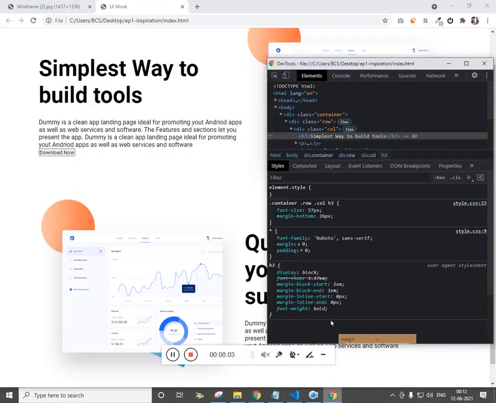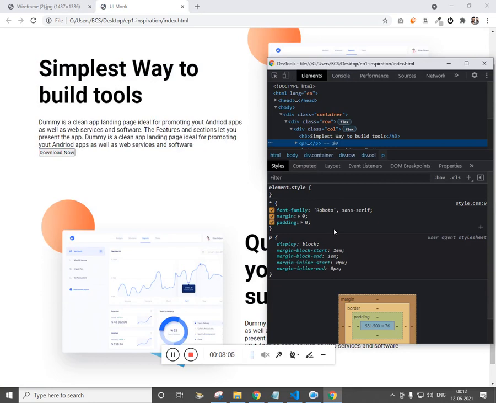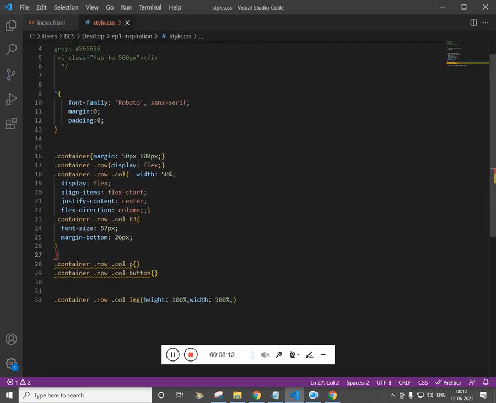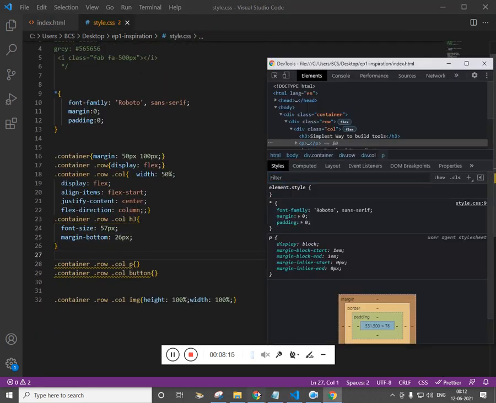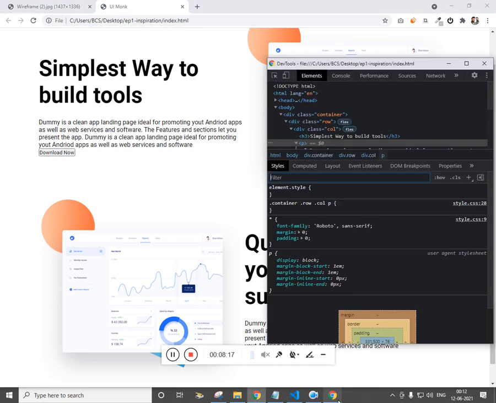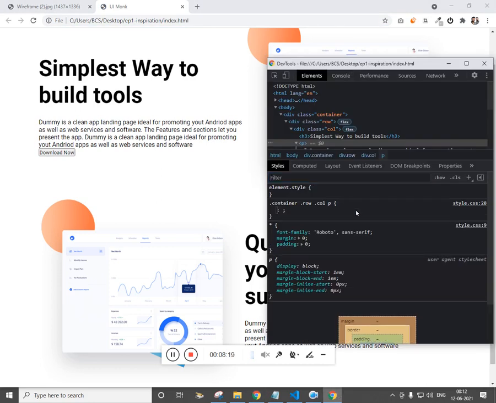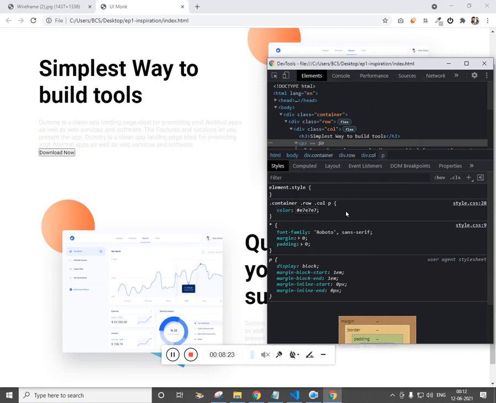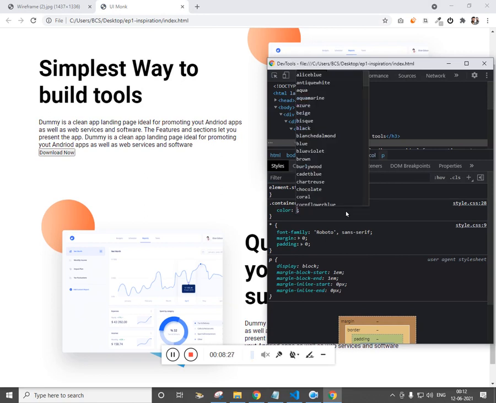Cool. Now let's select the paragraph and give the style. Where is the style? Okay, now if you refresh, you can see the paragraph style in the inspector. Color #E7E7E7. Okay, let's make this gray.